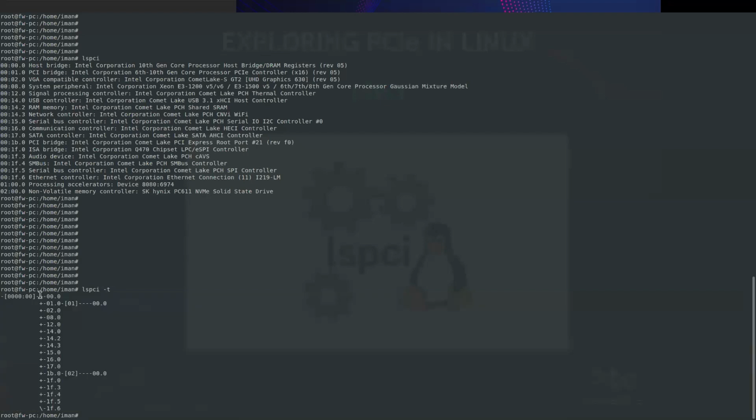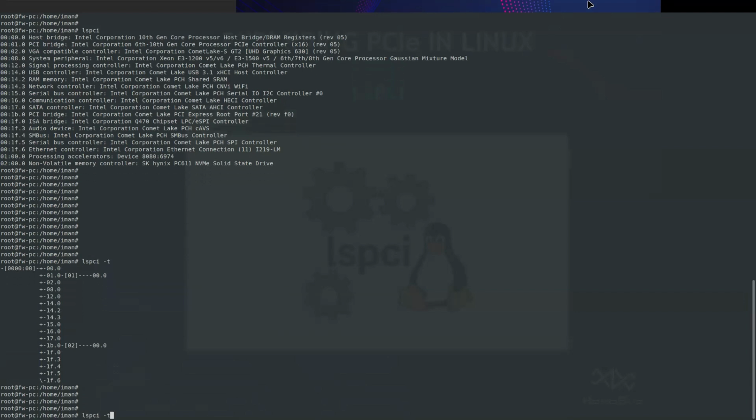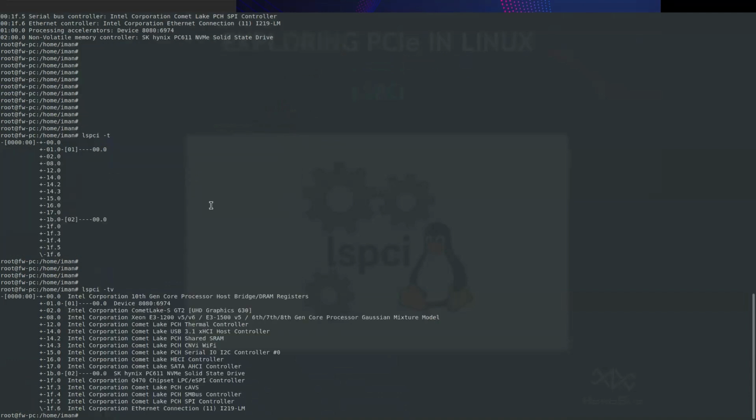It shows the hierarchy of the PCIe topology as a tree. It's more understandable. And if I add another switch, -v, to give more verbose information, here I can also see the name of each device. Where these names come from is that, as I said, we have vendor ID and device ID in our configuration space.